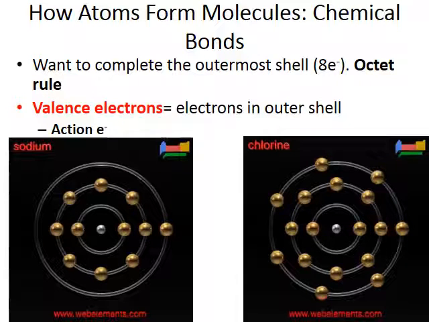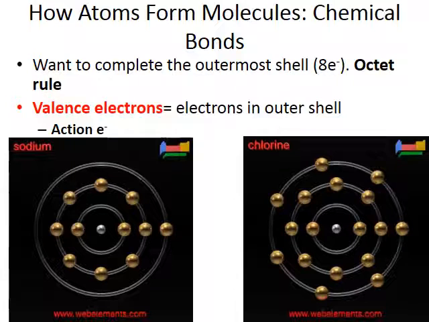We're going to see some ions a little bit later in this presentation. As I said before, when it comes to these atoms, we're going to leave the protons and neutrons alone. We're going to focus on the electrons. And the reason why is because when two atoms come together, if you look at these two atoms here, the sodium and chlorine, you can see once again the electrons are in energy levels or energy shells. They have a certain amount of potential energy. The electrons are the golden spheres. The nucleus is a silver sphere in the middle. As these two atoms move closer and closer together, think about which subatomic particles are going to interact with one another first. It's going to be the electrons because they're in the outermost part of the atom.